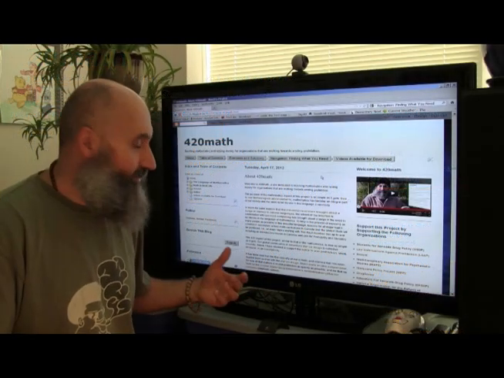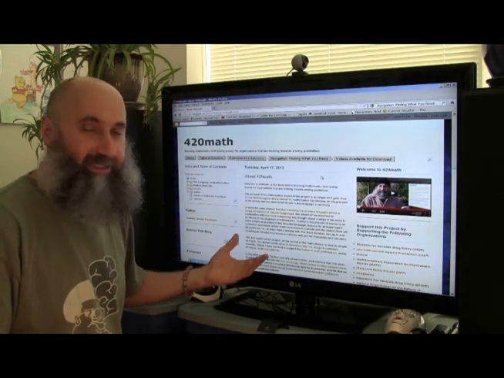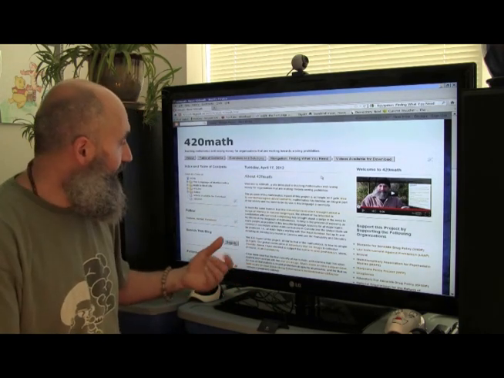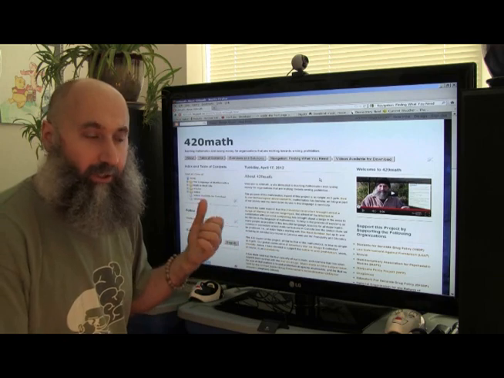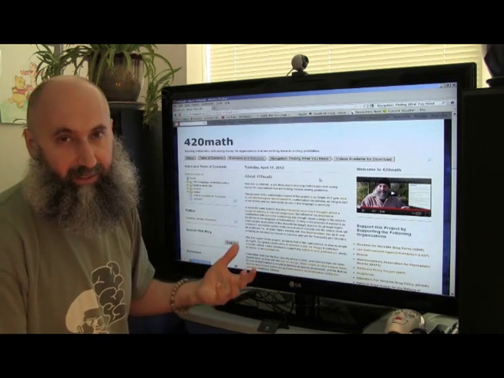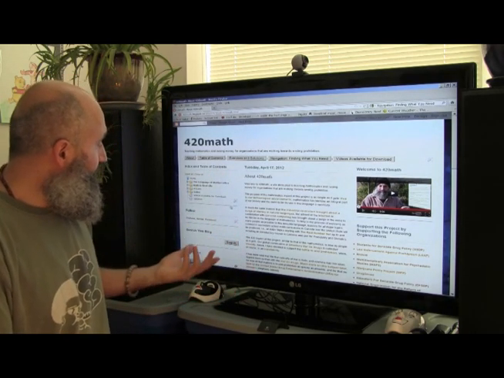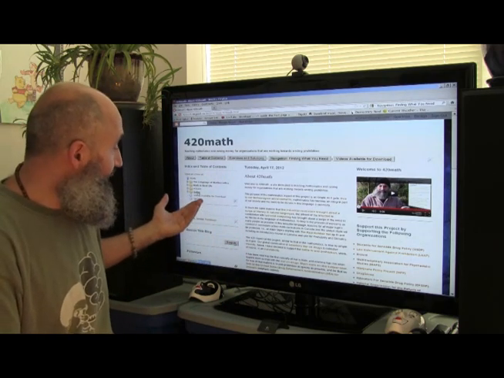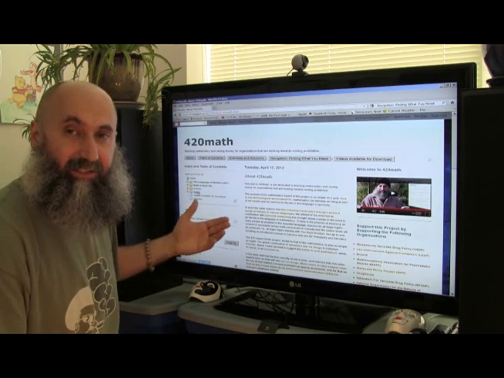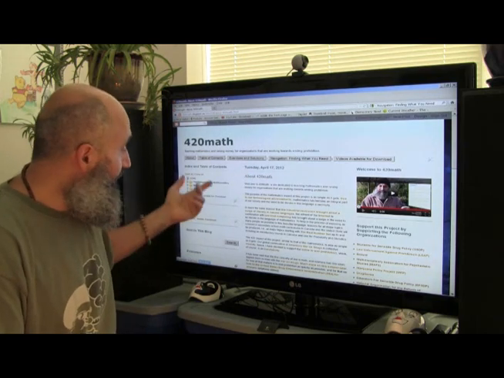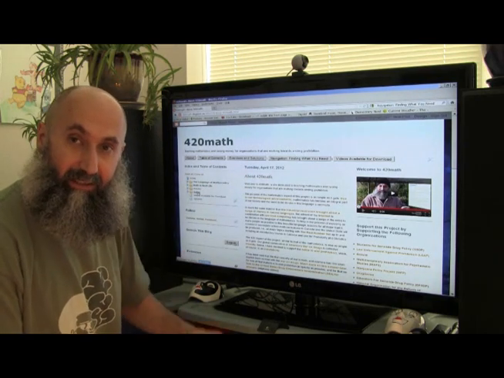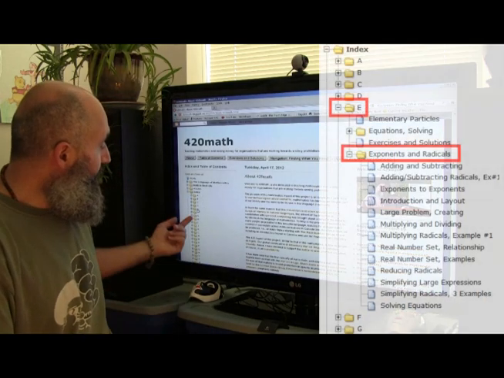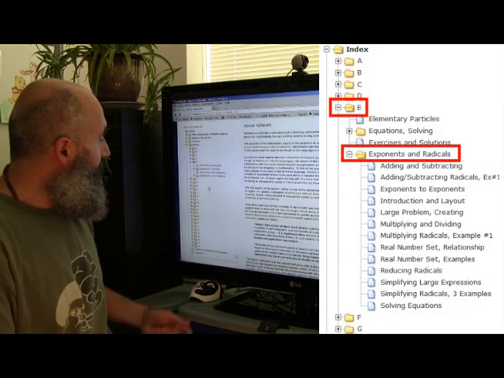So let's do a little test run and go through a little example of how we go about finding a specific topic, right? So let's say we're looking for a video on how to multiply and divide exponents. So what we do is go to the site and go directly to the index, because we don't know if that lesson exists, or if it exists, where it belongs in the book, in the table of contents, right? So we'd go to the index and we'd go to E for exponents, open up E,